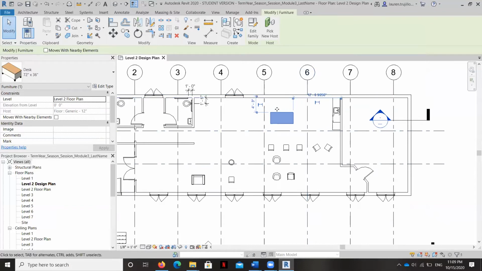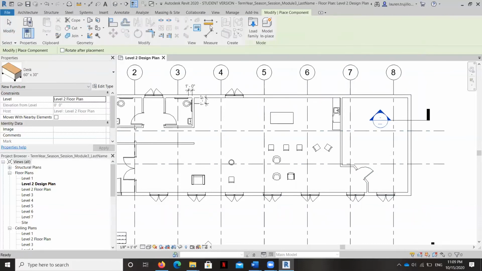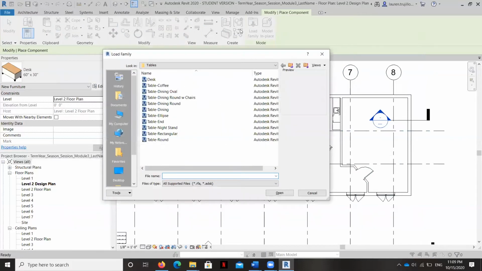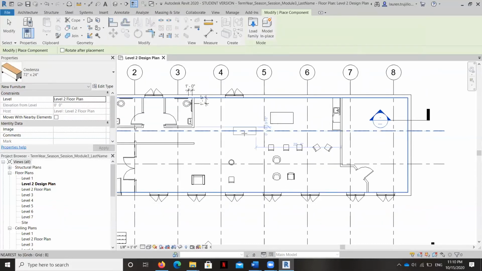I'm going to pause for a moment and configure some of these desks and chairs that we already have in a simple arrangement, because this isn't a design class, this is a Revit class. So we're not going to spend a whole lot of time messing with things from a design standpoint. But I do want you to know, at the very least, that that's where you can find some of the stuff, the seating as well. There's some interesting storage, you know, credenza things here. We'll go ahead and pop a credenza in here because we might need that in a little bit.